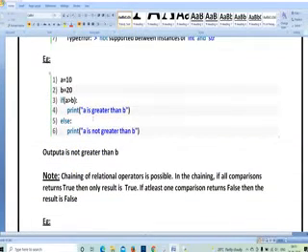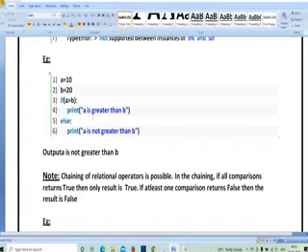So here you can see another example. a is equal to 10, b is equal to 20. For performing this comparison operation, I am using a condition called if else. What the if else condition is going to do is, if the condition is true, you are going to get one print statement, and if the condition is false, you are going to get another print statement.